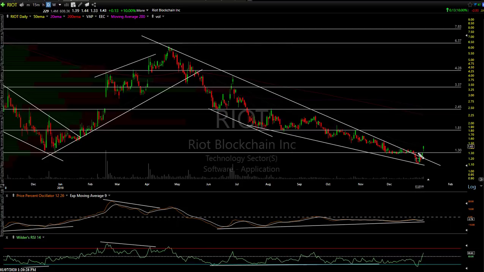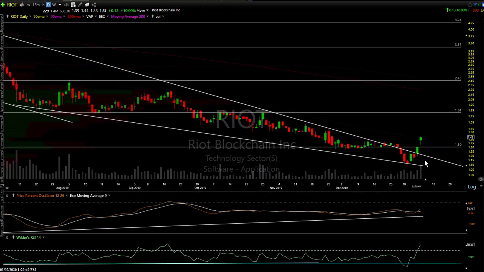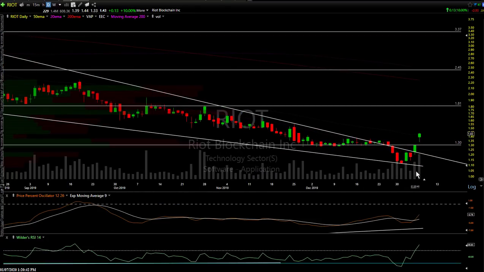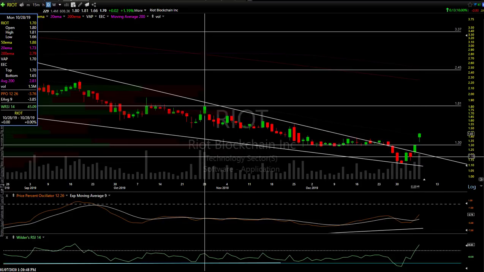Why? Well, you had a breakout above the downtrend line, falling wedge pattern. A subsequent breakout today above the key 130 level. That was resistance. And we're following up impulsively. By impulsive, look at these volume bars down here. See how they're above average? They're above these other bars. Biggest volume we've had since back in October.